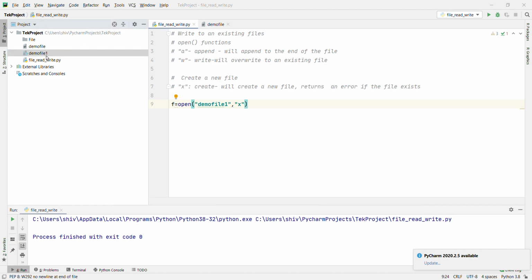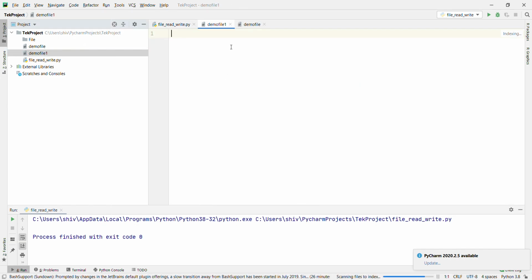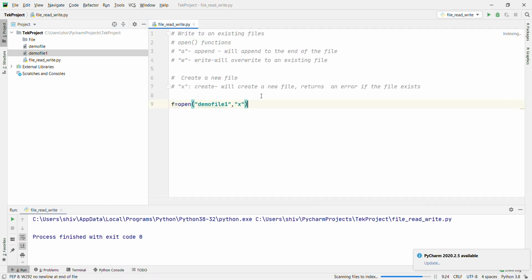Okay, you see it here, right? The new file is created here with no content. Okay, this is clear now. Now we are going to say append will create a file if the specified file doesn't exist. Okay, let's go with a. What will happen?